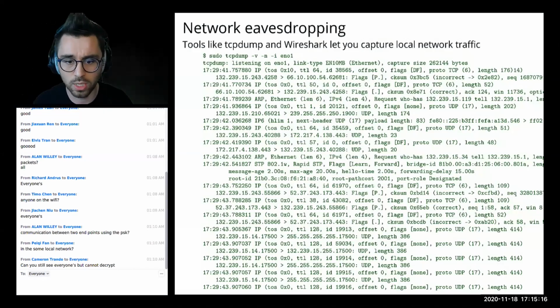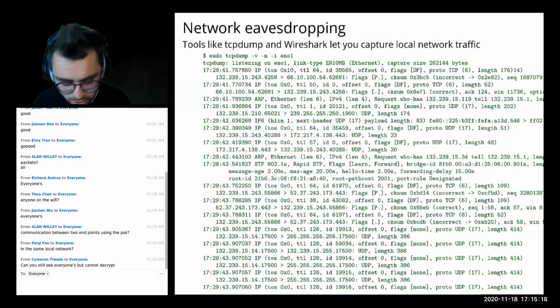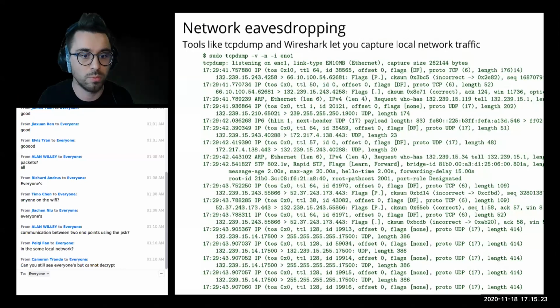But the thing that I want to get at is you can get this kind of information with just your laptop. You don't have to be a super advanced attacker to get this data. It's a little bit trickier depending on what laptop you have, but for most, you can turn on this promiscuous mode and then just sniff everything on the network. And you can do the same thing when you're on unwired Ethernet.